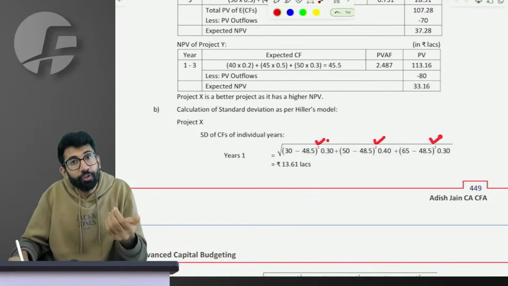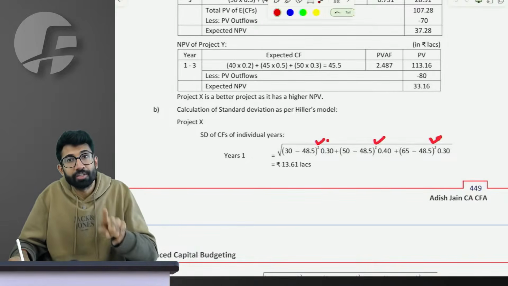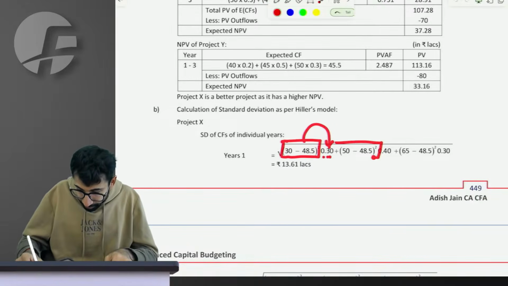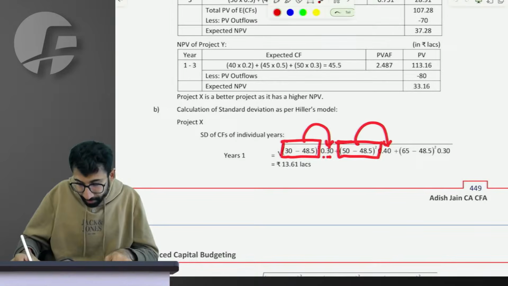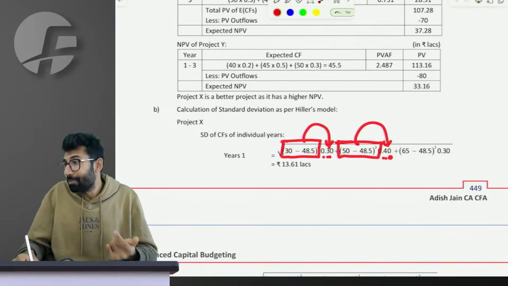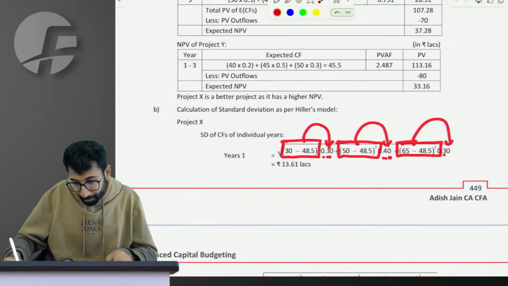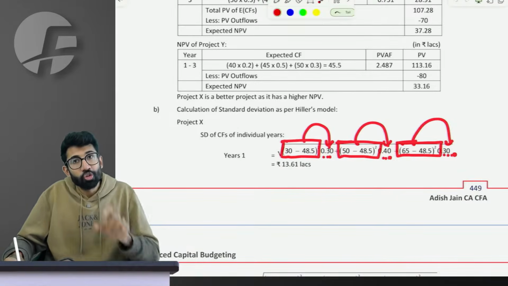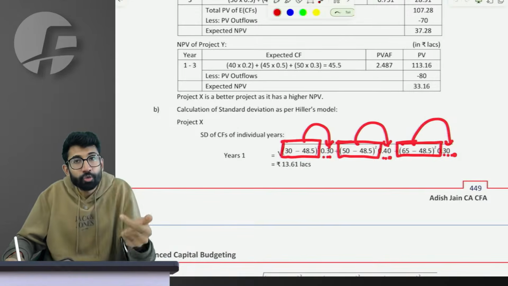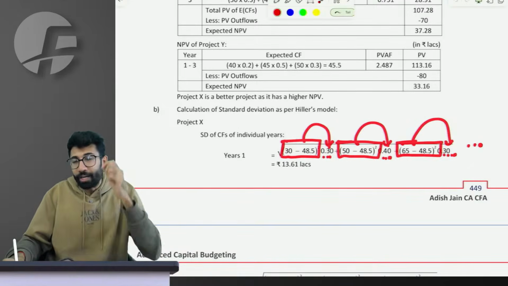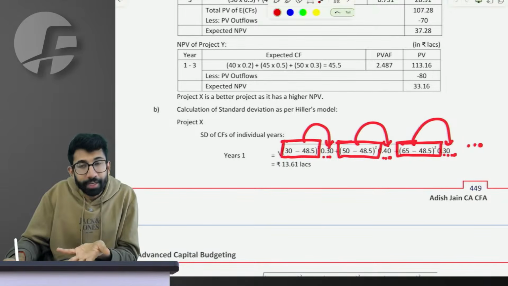And if you need the weighted average deviation at squared level, it will be like this: this is the squared deviation, the probability of which is 30%. Then I have this squared deviation, the probability of which is 40%. Then I have this squared deviation, the probability of which is 30%. So how much is the average deviation at squared level of the cash flow of year 1? That you tell me. Boss, I don't need the answer from the calculator for this equation.